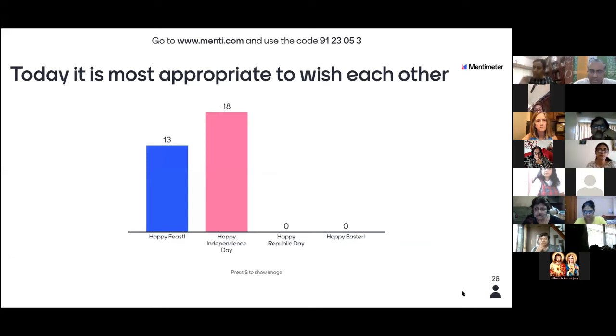Click on that and you'll see the chat box. If you're on the laptop and you come to Zoom, you should be able to see chat down. Click on that chat, click on the link, answer this question, and come back to the Zoom screen.